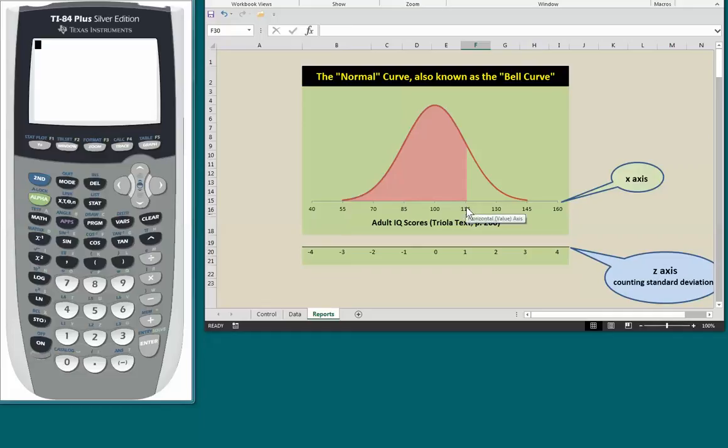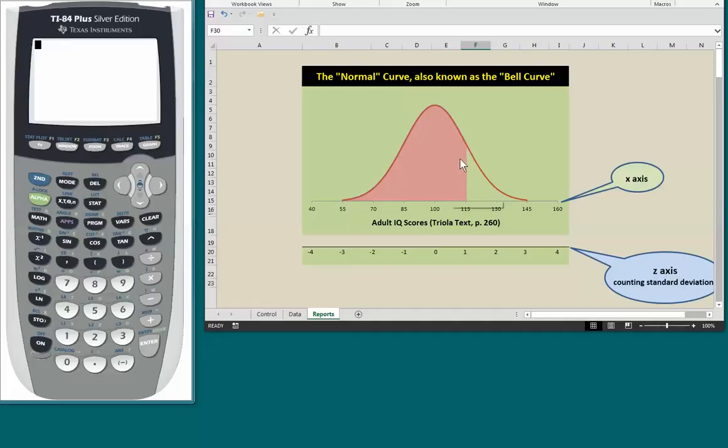And because we're finding a probability that any value is less than 115, I have shaded everything to the left of 115. So less than means to the left. Greater than would mean to the right. So the right edge of our shaded area, or the right boundary of our shaded area, is 115. The left edge or boundary of our shaded area actually is -infinity. It's too small to see here, but it just goes and goes and goes forever. So that's what your shaded area should look like on this question.